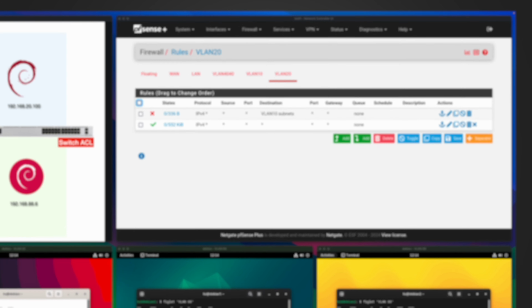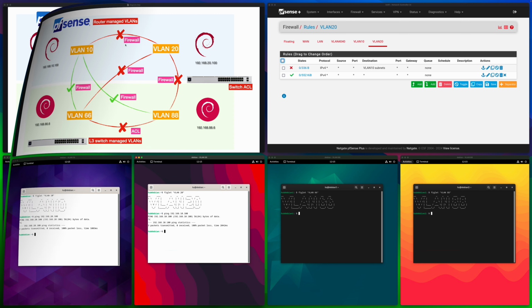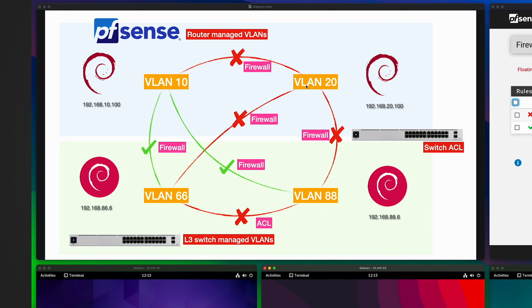Let's quickly validate it. From VLAN 10, ping VLAN 20. Yep, blocked. From VLAN 20, let me ping VLAN 10. Yep, blocked as well. Okay, so this is easy and it's already successful. Move on to this one, which is the complicated situation between a pfSense VLAN and a UniFi layer 3 switch